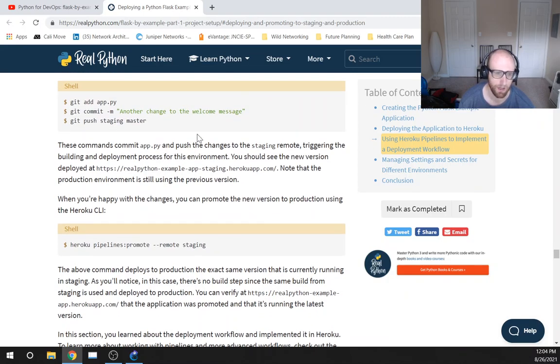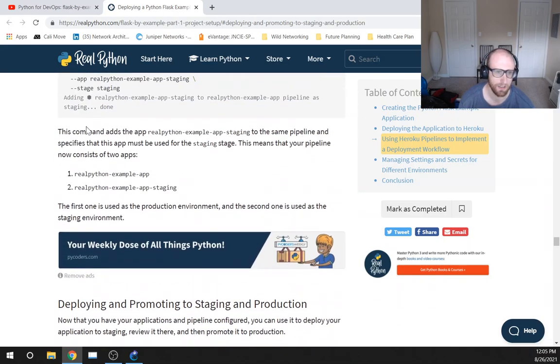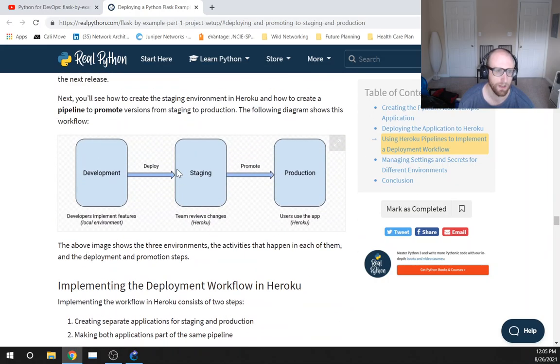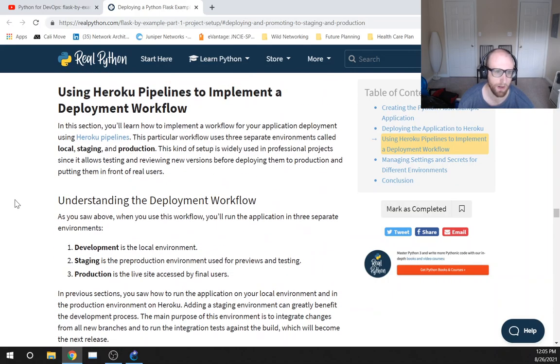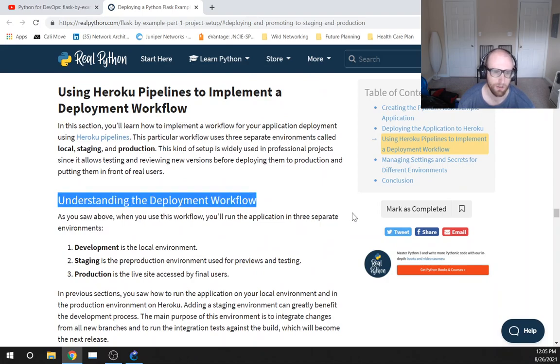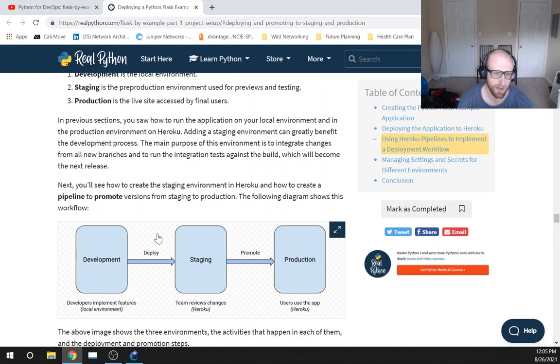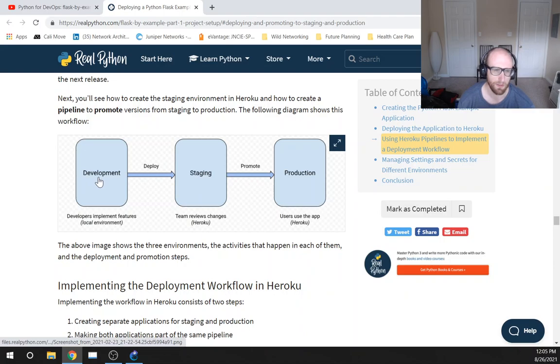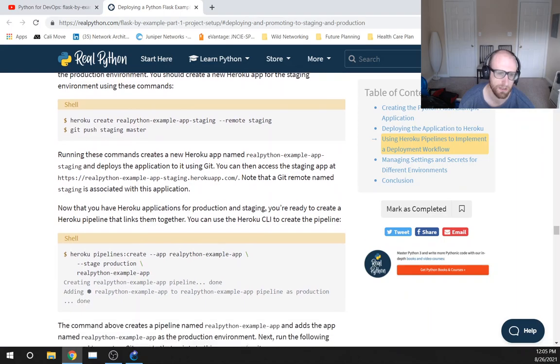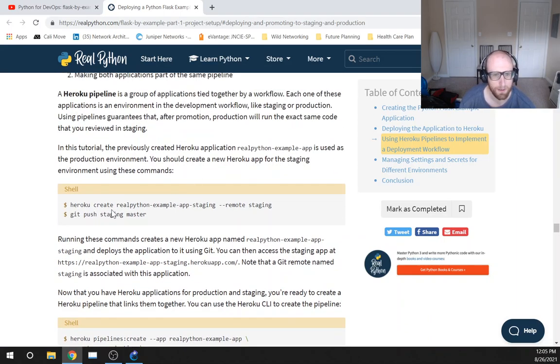I think what's going on is we can see some of the commands don't really make sense if we look at the icons that were in the prior section. The prior section was understanding the deployment development. As far as I understand it, it's all pretty clearly shown in this diagram. We've got the development, then we deploy from development to staging, and then we promote from staging to production. So if we go down here to these commands,